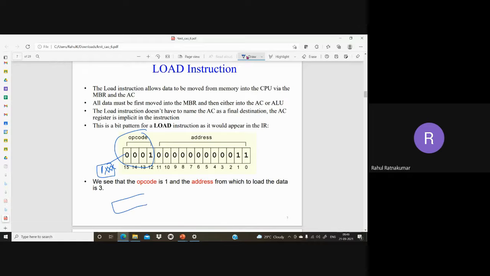So 16 bits I can represent using 4 hexadecimal digits, right? 4 hexadecimal digits, 1, 2, 3, 4. This is your instruction. One digit will stand for the opcode, and the remaining 3 for the memory. So for load, this address goes to the MAR. The MAR points into memory, and because of this load, the data from that location pointed to by XXX, maybe 1, 2, 3, goes to the MDR. Now the MDR is storing 1, 2, 3. Okay, so this is load.